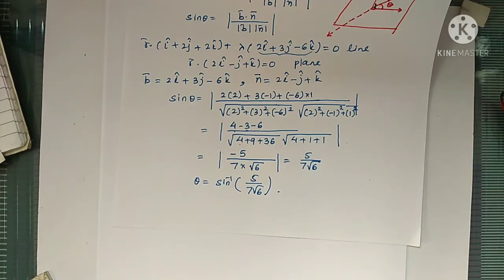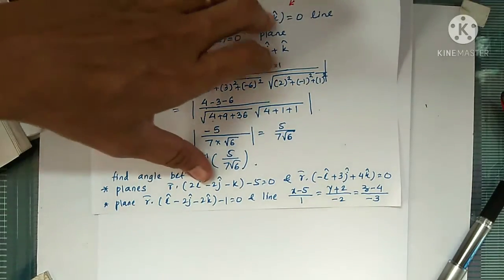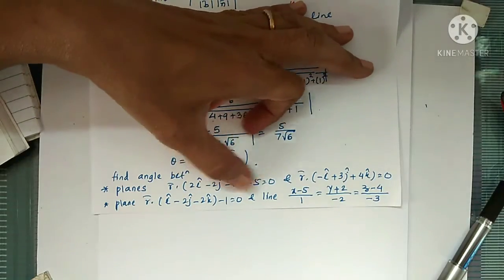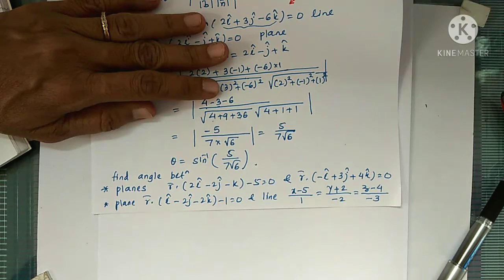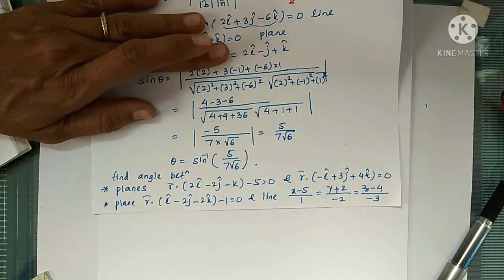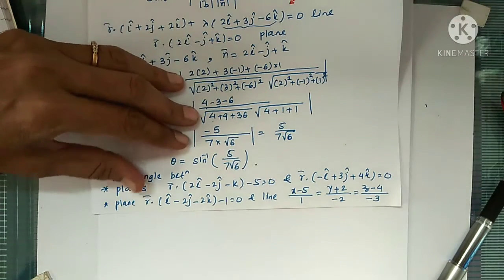Okay. So this is your today's assignment. Find the angle between these two planes. So this is n1 bar, this is n2 bar. Use the formula cos theta equal to modulus of n1 bar dot n2 bar divided by the product of their moduli. Use that formula and find cos theta.